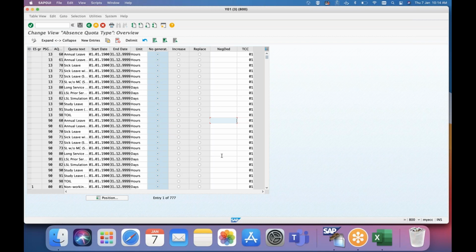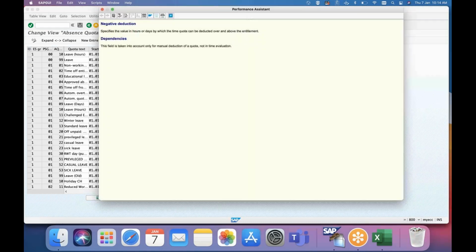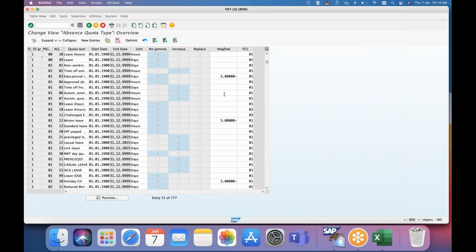They will have 30 days as their entitlement, under which there is a negative deduction of minus, that is, they can go ahead till minus 0.65. Whatever number you are giving, that many deductions it will allow. It depends. Wherever you have some documentation, or you can directly see, these are the general basic things. You maintain whatever number you want, execute the time evaluation, and see how it happens.